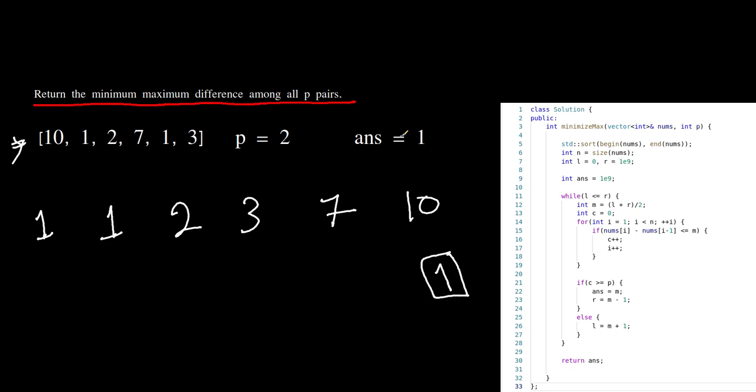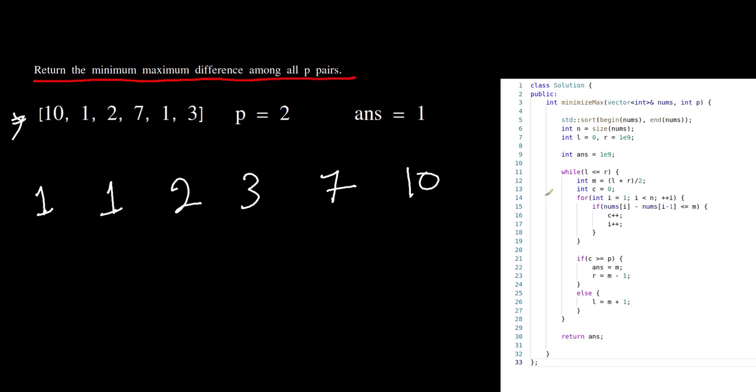So now we know what to do, and the idea is to use binary search, and at every iteration we assume the max difference, and we need to find the number of pairs that we can obtain given this max difference. So any pair that has a difference less than or equal to the middle, that means we need to increase the count, and we need to increase I. Otherwise we just increase I in the normal for loop condition,